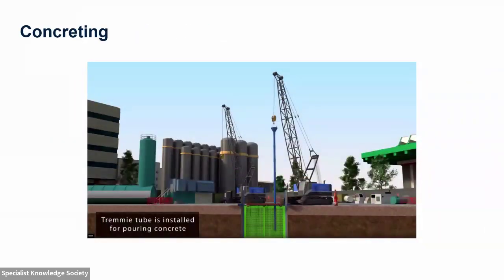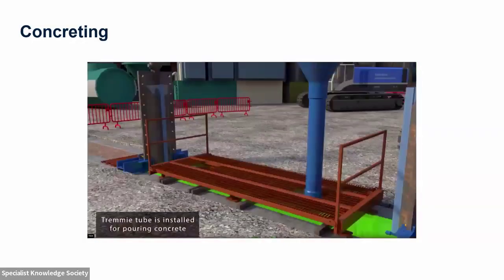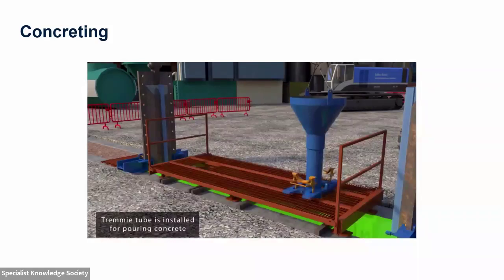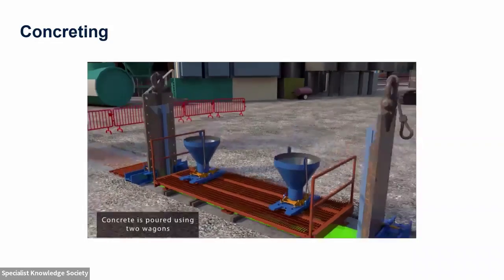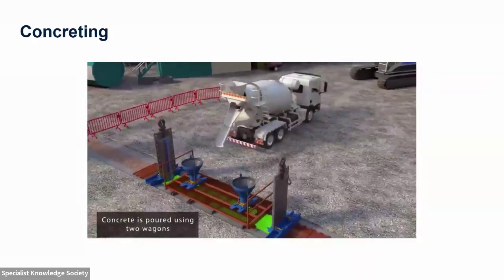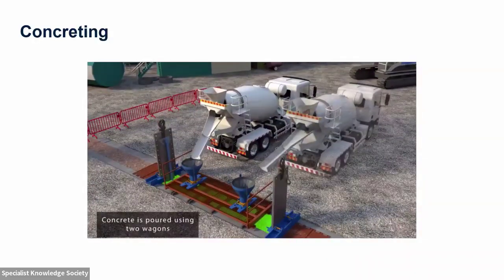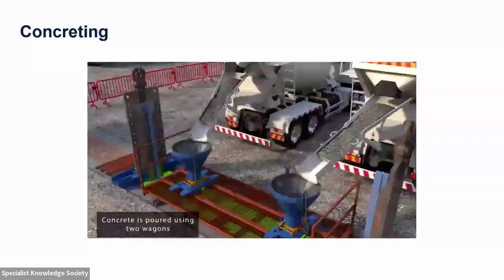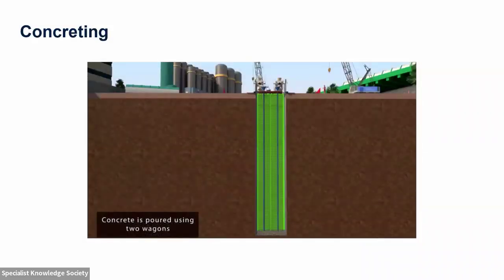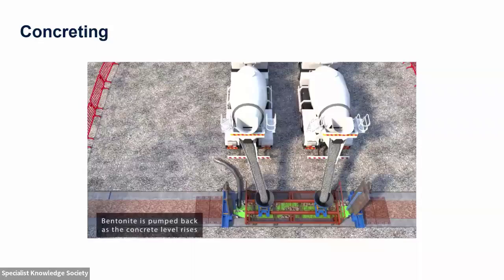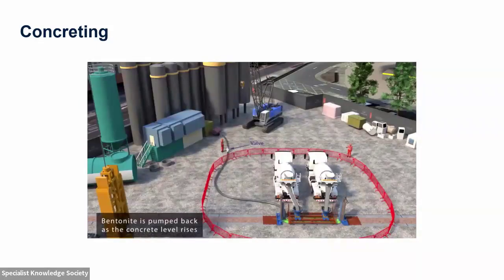So once your cages are in place, you can then start bringing the concrete into the panel. So again, you lower these down with a tremie tube, which is again trapped off. Again, more temporary works here. You've got platforms over the top of these panels, because you've got basically a great big hole filled with a support fluid, which is quite dangerous to be walking around and getting anywhere close to. So there are temporary works platforms which are designed to sit over the top of these, and so you can safely concrete the